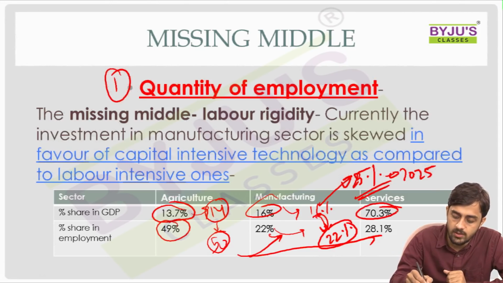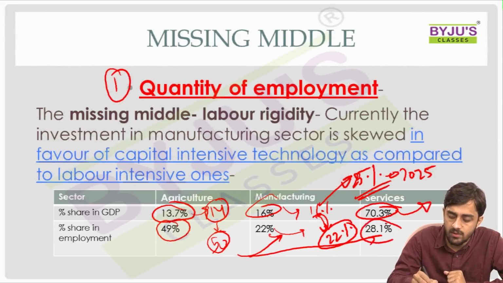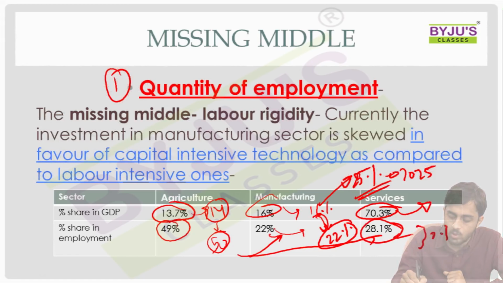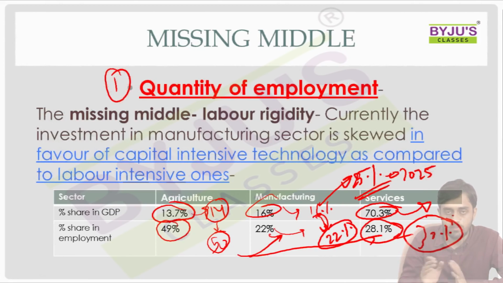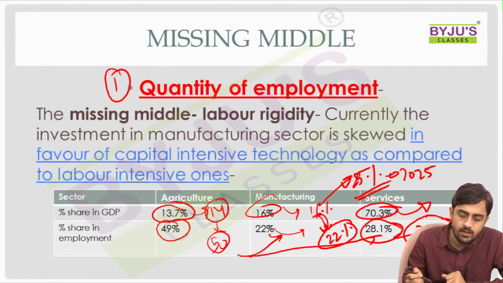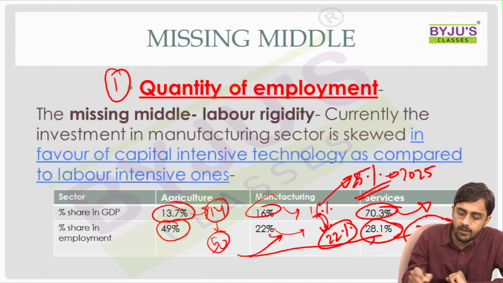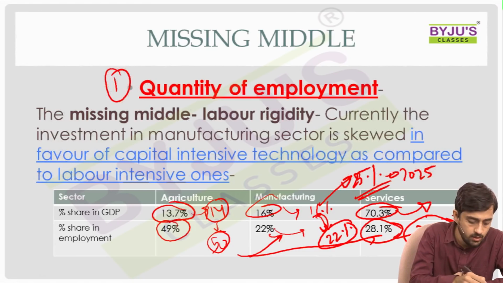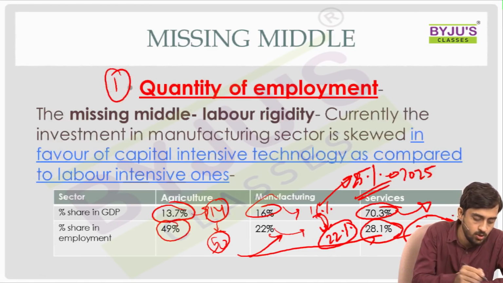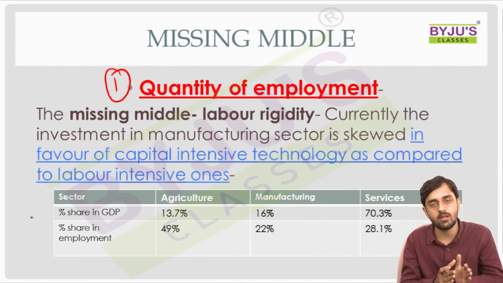However, the services sector generates roughly 70% of the GDP of the country as of now and employs roughly 28 to 30% of the total population which is seeking employment, or which is actually employed as of now. So if you see this data, what conclusions do you come to? The conclusion is that there is an urgent and pressing need to increase the employment share of the manufacturing sector, because in the post-1990 era,